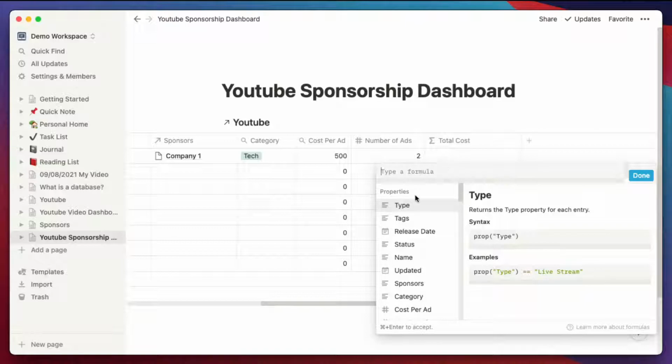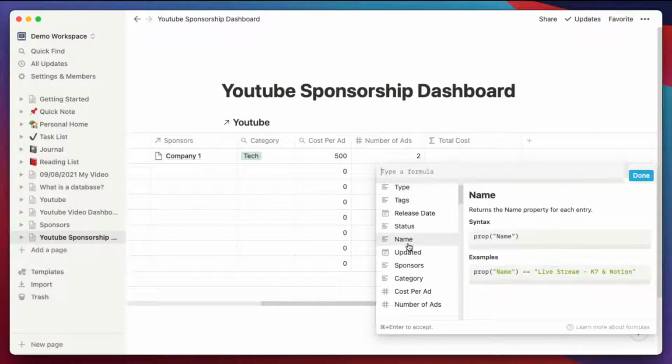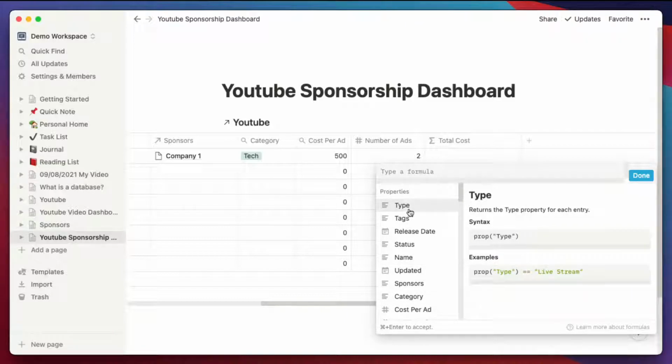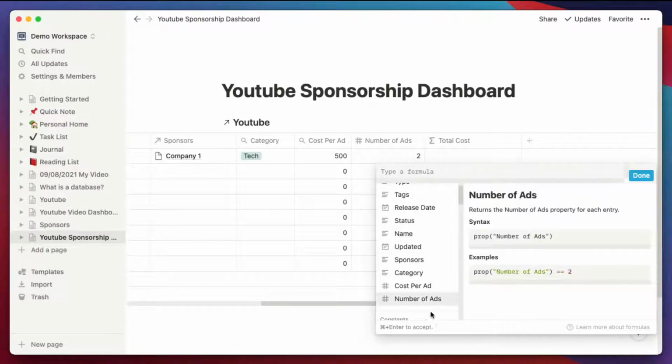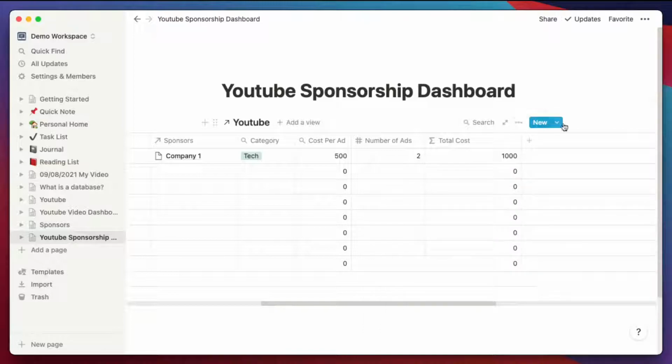I'm not going to get into too much detail here, but I'm just going to show you what we can do with this, right? So I'm going to take this property right here, the cost per ad. I'm going to multiply it by the number of ads. And that should give me 1,000, right?